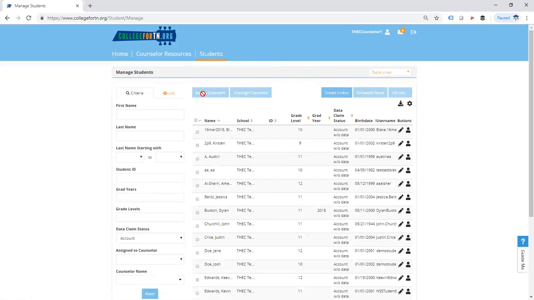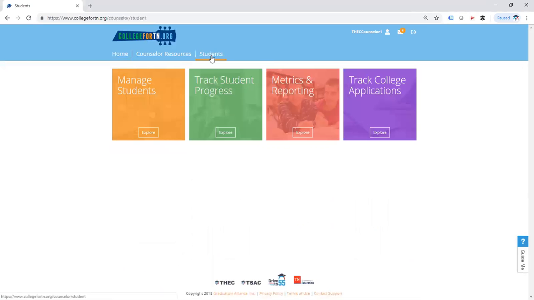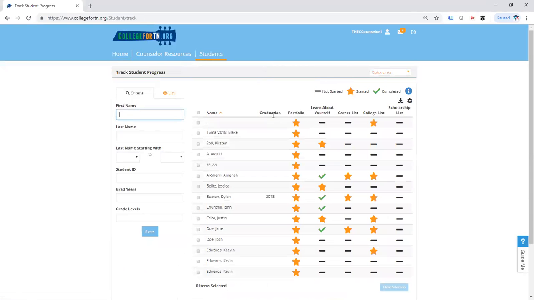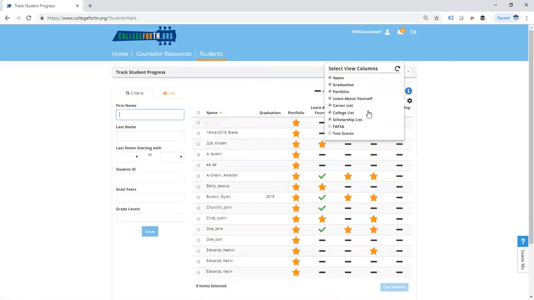Once I have claimed and assigned students, they will be visible to any and all educators and counselors within your school building. So don't worry, they will not disappear from others' caseloads. Once I've claimed the students, now I can track their progress in the green box, and all of my students will show up here. So I can track their significant graduation, portfolio, learn about yourself, and then also delete and